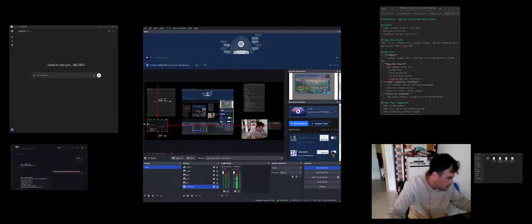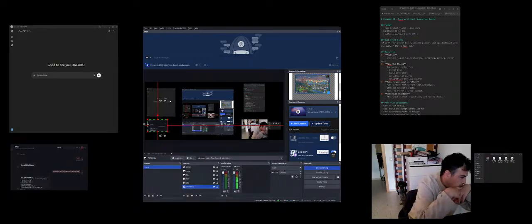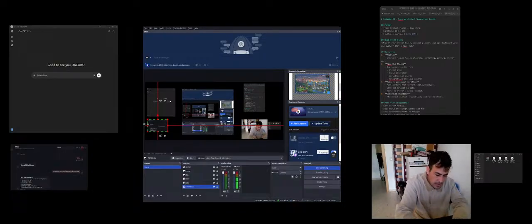Okay, so I need to do these two commands. sudo apt install openssh-server and sudo systemctl. Okay. So sudo apt install openssh-server, space -y,